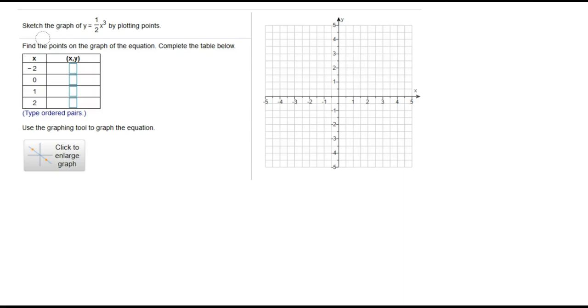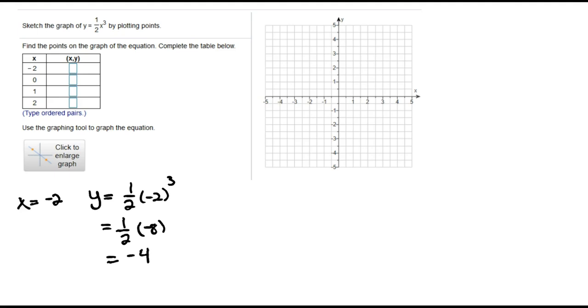In this example, we're going to sketch the graph of y equals 1/2 x cubed by plotting points. We've been given some points to plot here. We've been given the x's, and we want to find the ordered pairs for those x's. So if x is equal to -2, y is going to be equal to 1/2 times -2 cubed, 1/2 times -8. And that works out to be -4. So we would write the ordered pair -2, -4. And we can plot that, -2, -4,